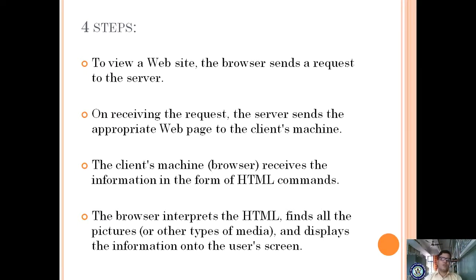To view a website, the browser sends a request to the server. If you want to access any website, for example, if you want to access our college website, www.smcshirwat.org. What is our college website address? www.smcshirwat.org. So you have to type this address. Where do you have to type this address? You have to type this address in your browser. If you type that in the browser and you press the enter key, then you are requesting that web page to view. Okay, you are sending a request to the server.